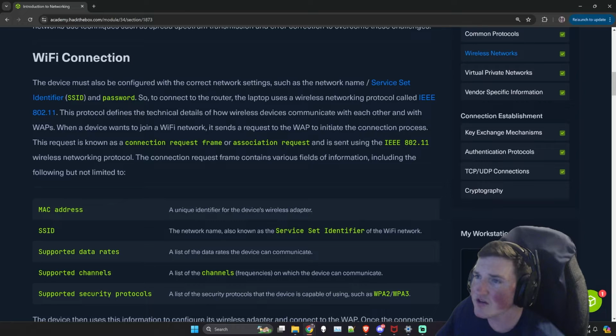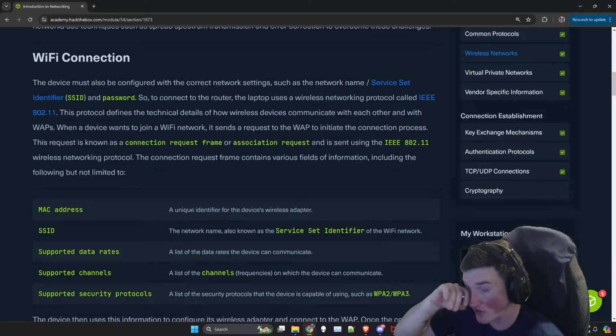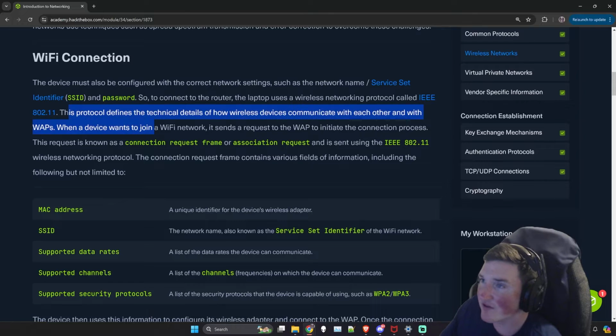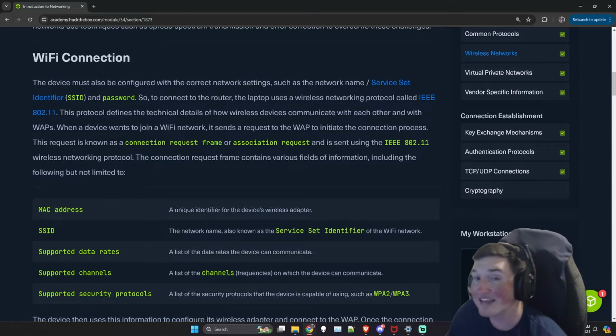So you can see the 802.11, that's the known protocol. You can look this up if you want. It's a pretty large document, but the 802.11 protocol defines technical details. Again, a lot of people get hung up on protocols and say, well, how do you know that? It's just a standard.